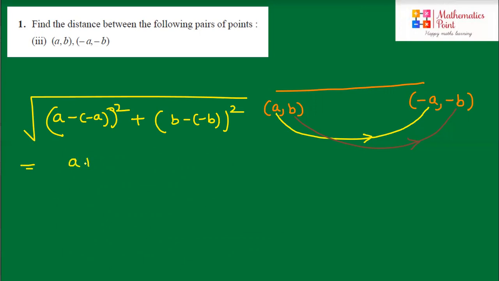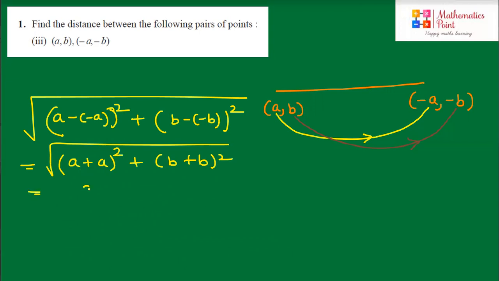It will become a, minus minus will become plus, a plus a whole square. Same here, b plus b whole square under the square root. a plus a becomes 2a. 2a whole square, and 2b whole square,